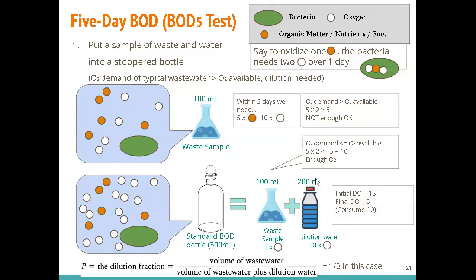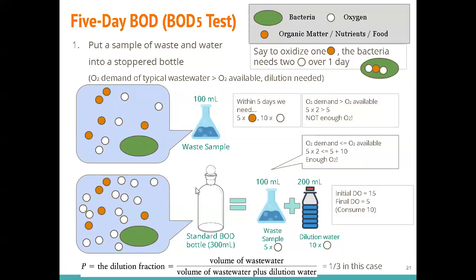And let's say you have added 200 milliliter, what did you do? You have added 10 units of oxygen because originally you have 5 in here. If they have the same ratio of dissolved oxygen, this 200 will give you 10, right? And in total now you have 15. Okay? If you read the book, they will not give you this cartoon version. They will give you some text, okay?